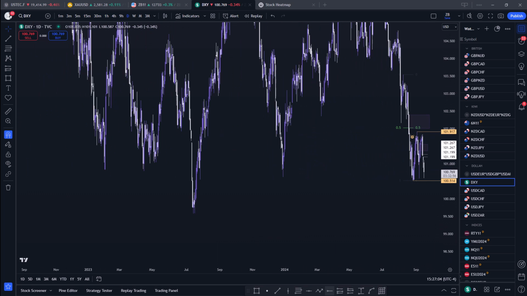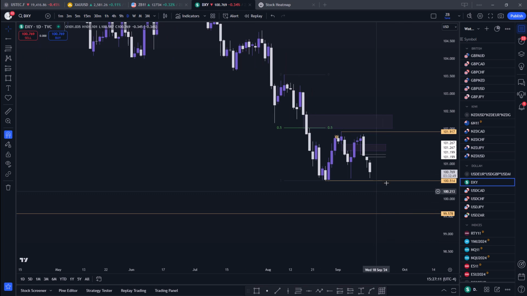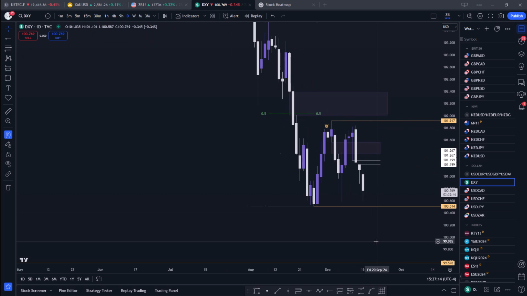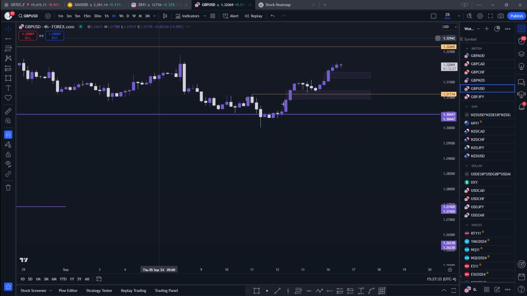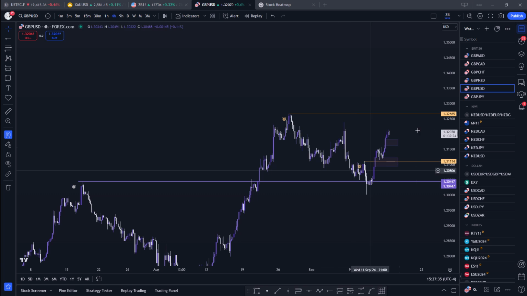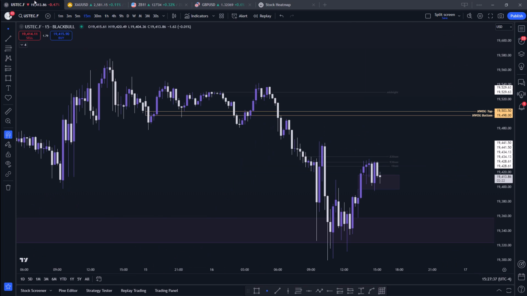The low that creates the yearly fair value gap is over there, so I would like to see if this momentum to the downside would actually hold, or if we are still going to manipulate one more time into some sort of premium PDRA. In the meantime, I'm liking these signatures, and let's see if GBPUSD would be able to give us a retracement to continue higher. That's all I have for now.